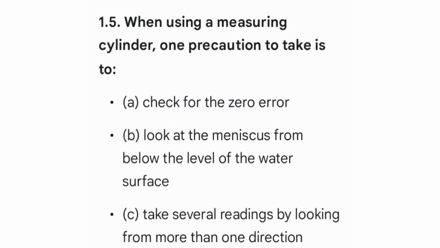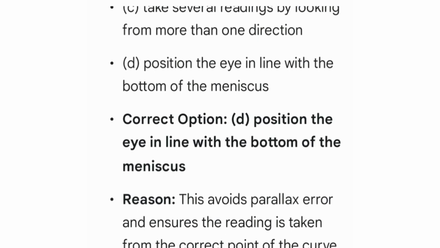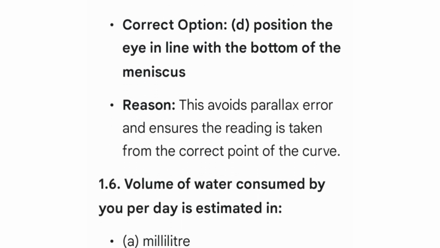MCQ 1.5. Using a measuring cylinder, one precaution to take is: check for the zero error, look at the meniscus from below the level of water surface, take several readings by looking from more than one direction, or position the eye in line with the bottom of meniscus. Correct option is D, position the eye in line with the bottom of meniscus. If you do not align your eye with the bottom of meniscus, then the measurement taken by you will be